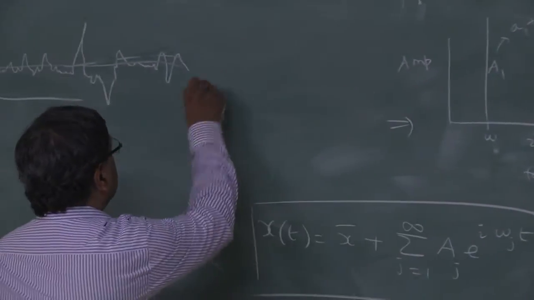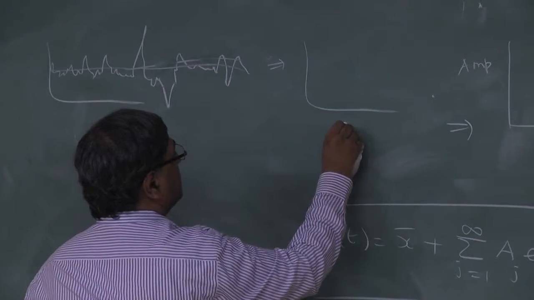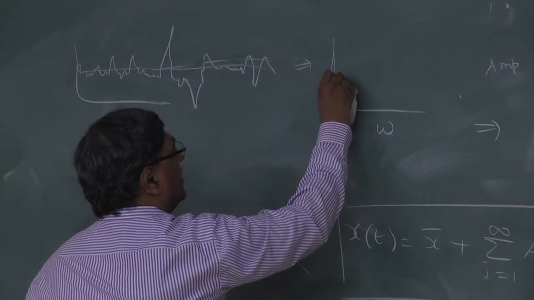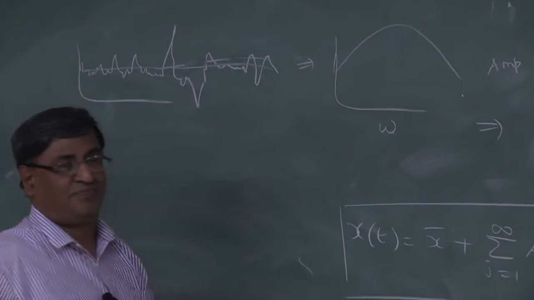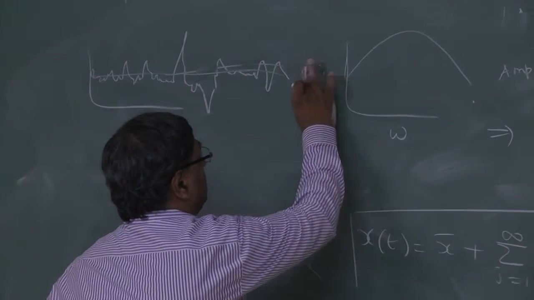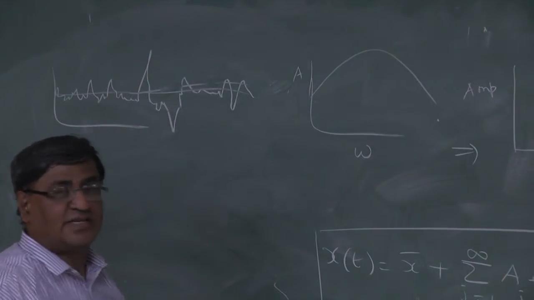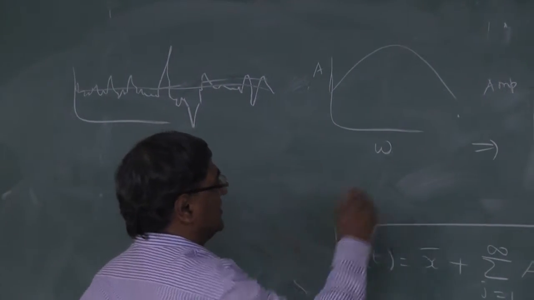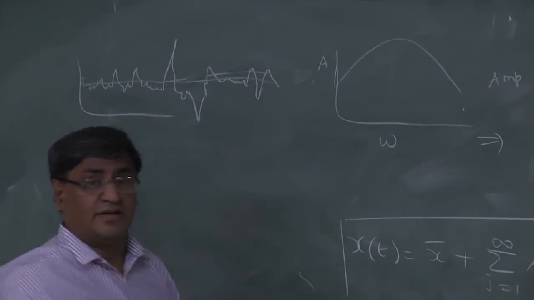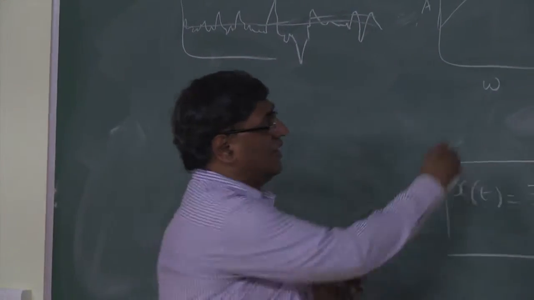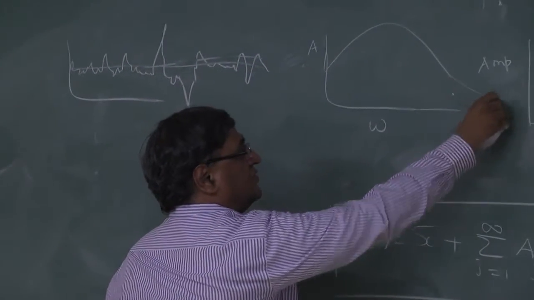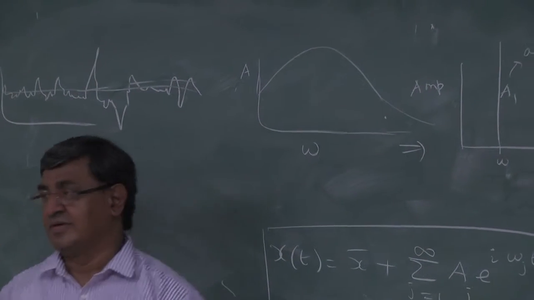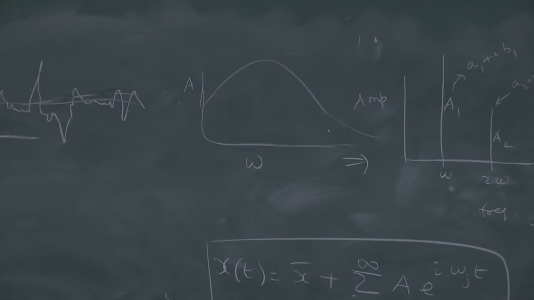So what will happen is, if I represent this in a frequency domain, it will seem like a continuous function. For every frequency there is some amplitude, right? It's not that some frequency is not there or some such thing. Almost all frequencies are there. Again, let me repeat this, as omega tends to infinity, the amplitude must finally go to 0. That's a necessary condition for the convergence of that summation, right?